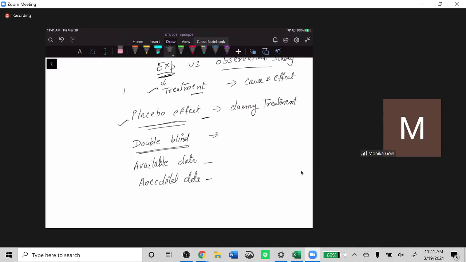So when we are talking about available data, as the word says, it is available to us, and it is inexpensive. Available to us in the sense that the data were produced in the past for some other purpose, but it may help us answer our present question. We say that this is available data. And when we say anecdotal data,